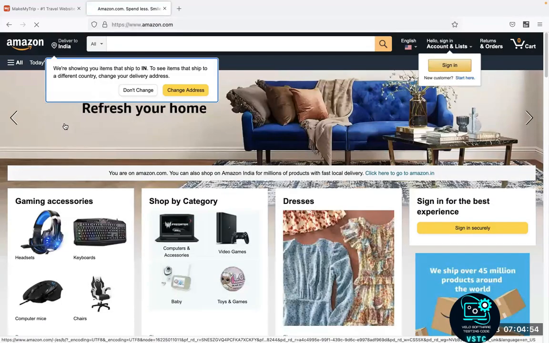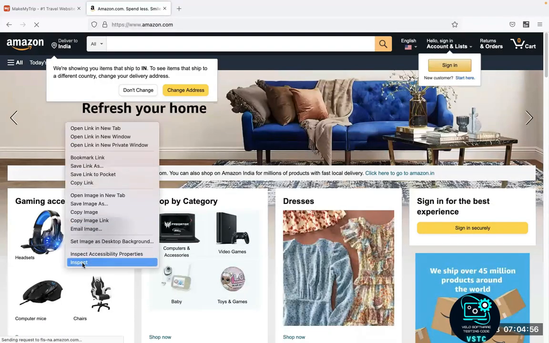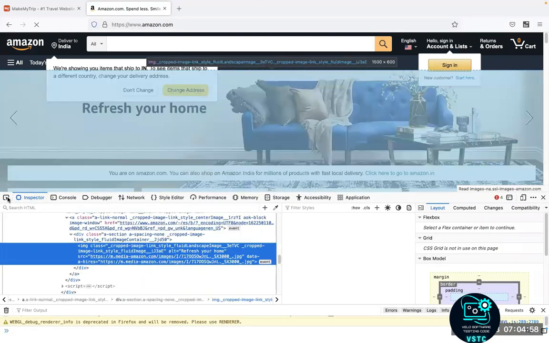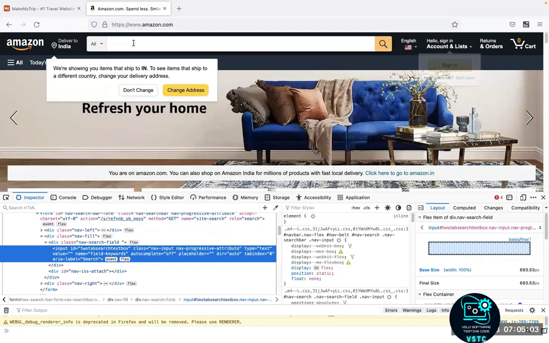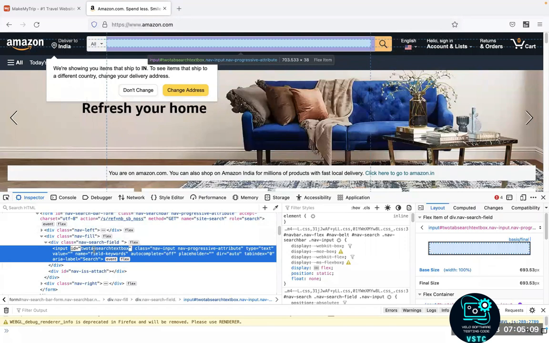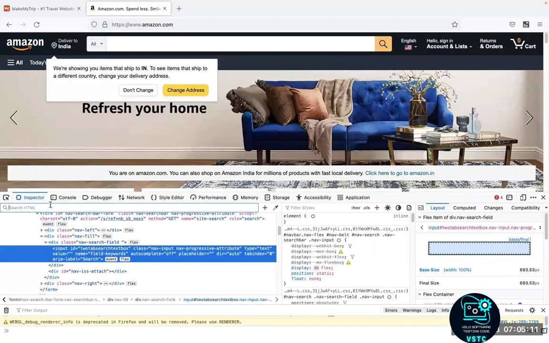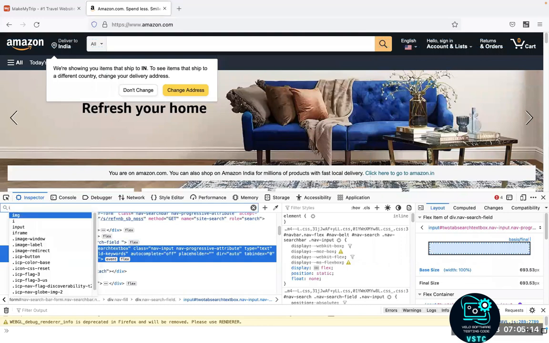Okay, so inspect this element. I want to find this element whose tag is input and ID is twotabsearchtextbox. Okay, so now this is the ID, right? And the tag is input. So how can I use it? input